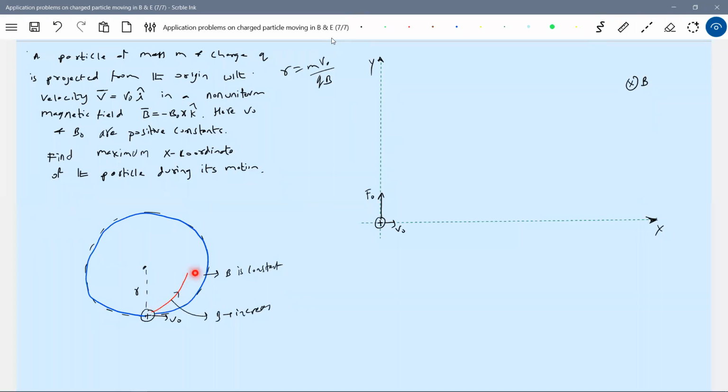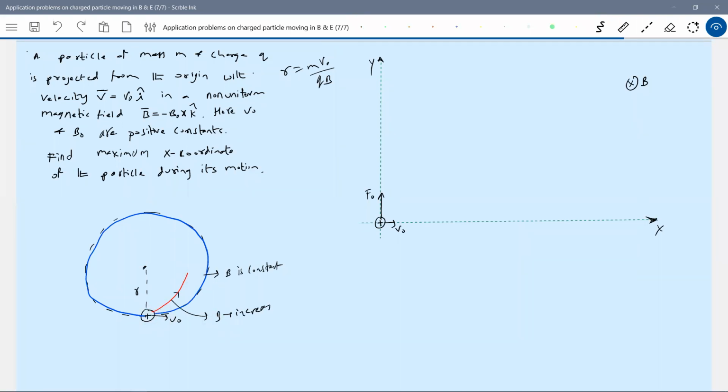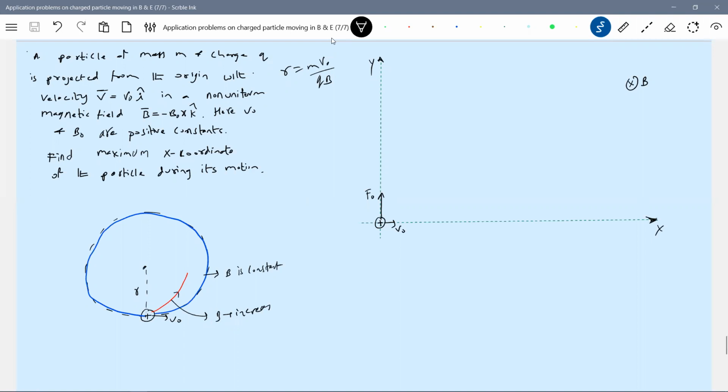Sir, why will it move on a curved path? Why can't it go straight? Because there is a magnetic force. Now, what should be the path? Okay, let's get into the kinematics idea. Because of force and velocity, will it just move along horizontally with the velocity, or will it move in the direction of the force? So some resultant path. So it is going to deviate from the velocity vector.